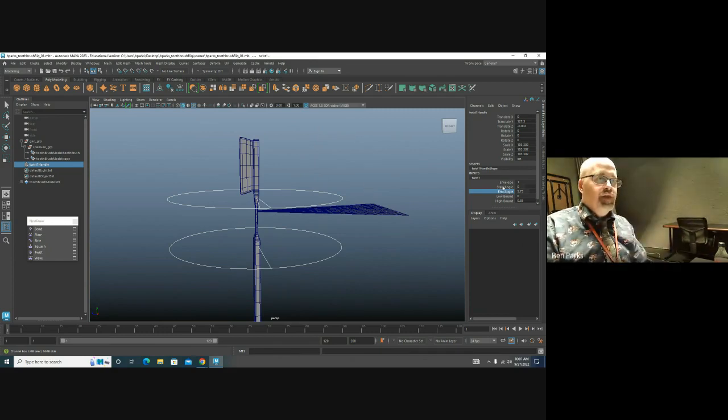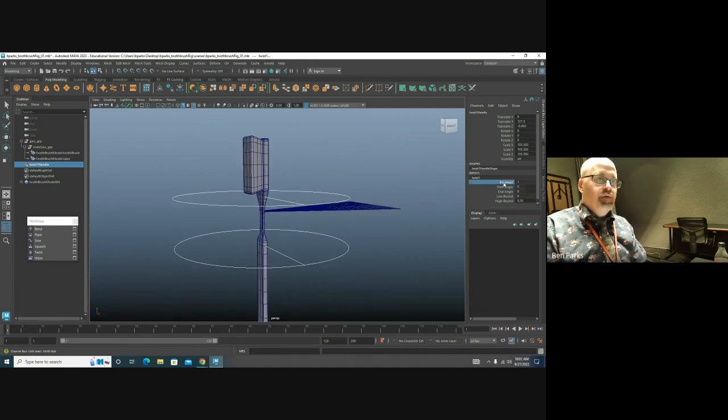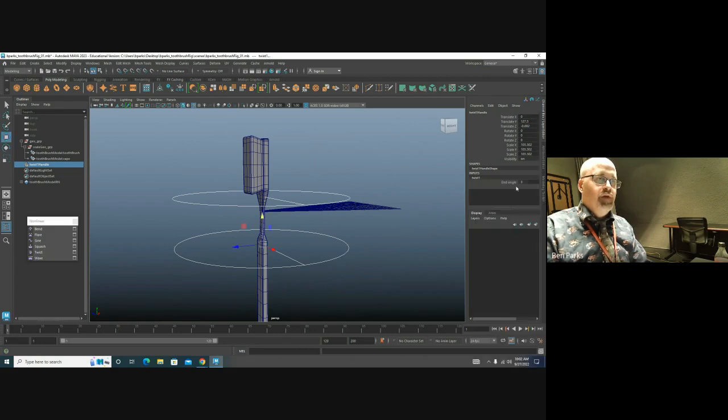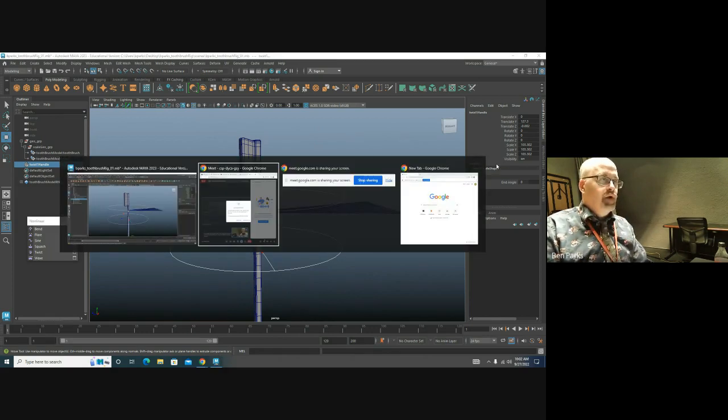So the only thing I want to use control-wise is this end angle, right? I'm going to zero that back out to get it back to default. Similar to what I did for the trophy, I'm going to select all these other attributes, right click, and lock and hide selected. So the only attribute I have available is the end angle, right? I could lock and hide these. I don't want to yet. I just want to make sure that there's somewhere